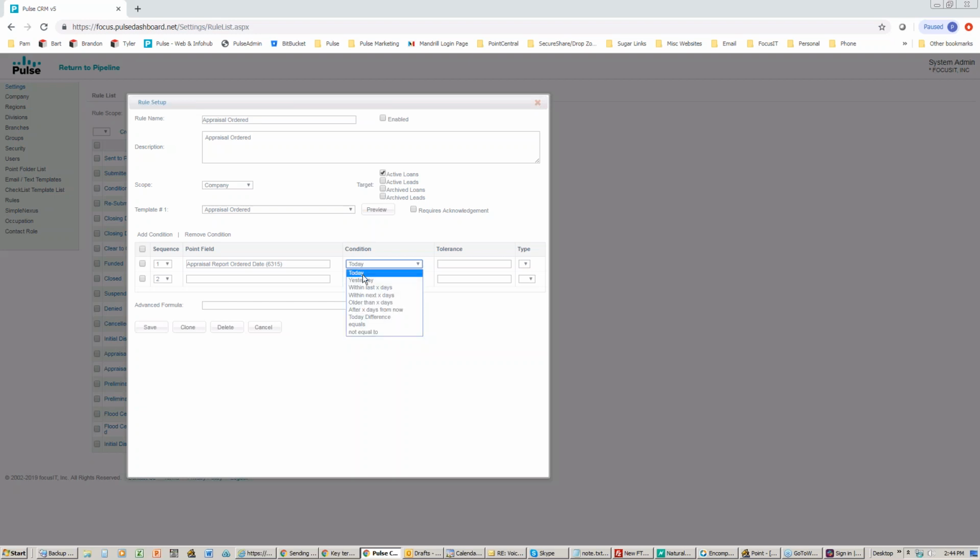I do have the ability to say if the appraisal date was yesterday, trigger and send the email. If the date was entered within the last X number of days, and I could say if it was entered over the last 5 days, trigger and send the email. Most of the time, the conditions are usually set that if it equals today's date, or my favorite condition is